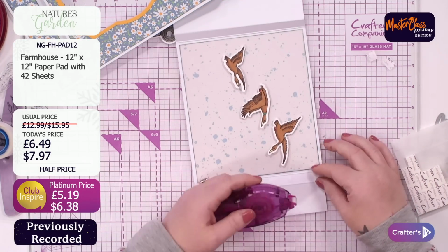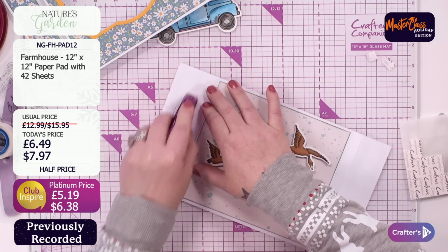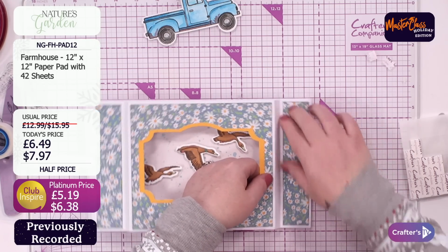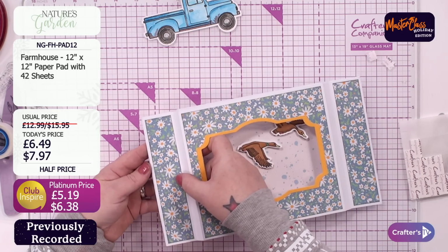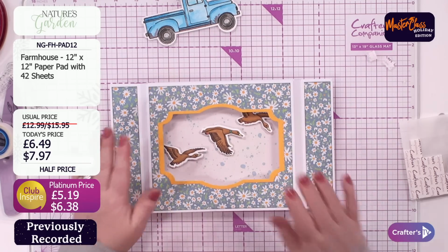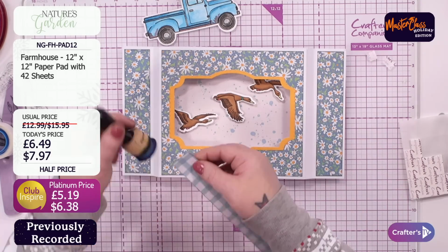So we're going to put the front on this. So just taping my edges. You can use any glue you like for this because it's just white cardstock that I'm using. So give it a good burnish down. Matching my edges. I think that's the hardest bit, matching your edges up, making sure that they're where you want them. So I'm going to bring in another piece of this, and again, I just want to go,